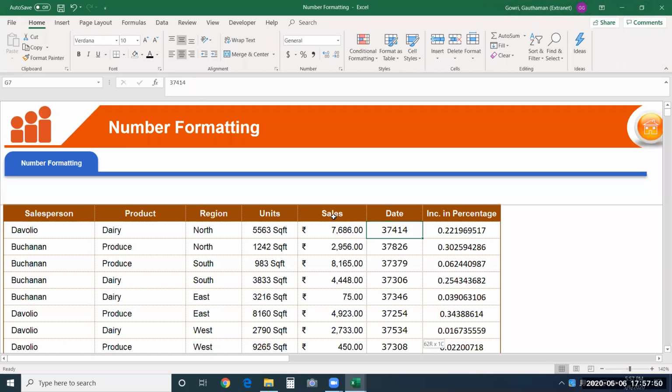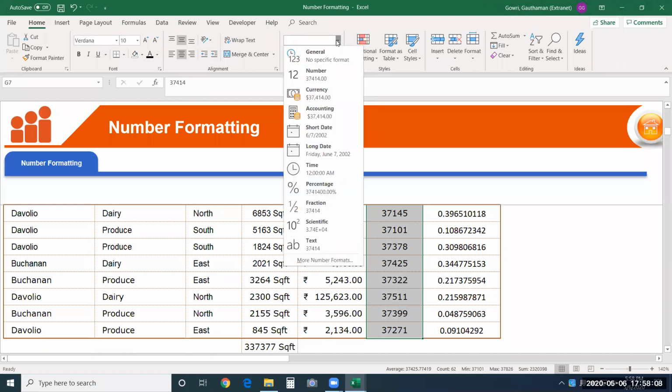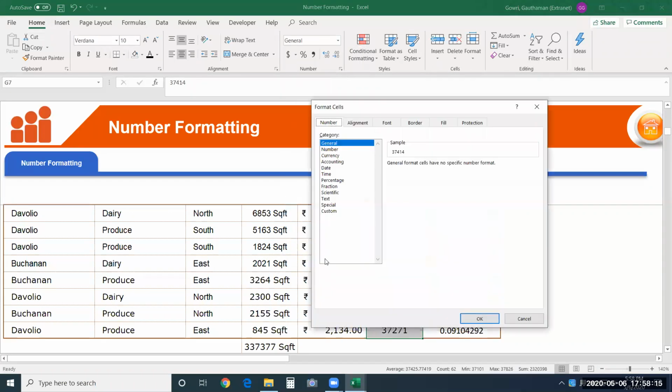Just select the cells where the values are present. So values that are equivalent to a date. So that you have to make a note of it. Not just any other number. You cannot convert any other number to a date. Okay. Select this. You go to more number formats, or you could also go to this window by clicking custom.